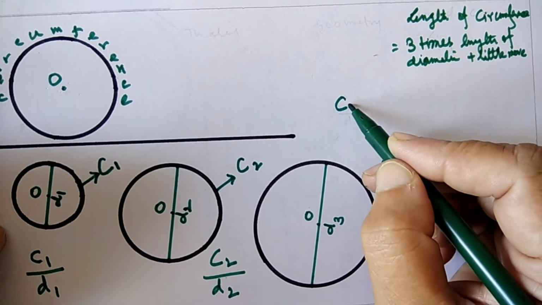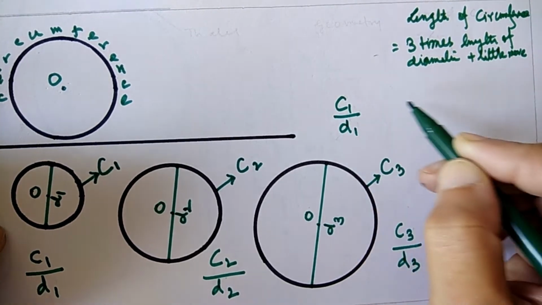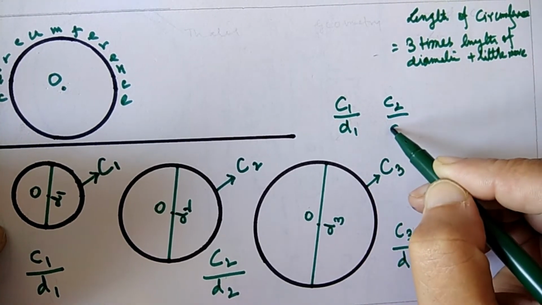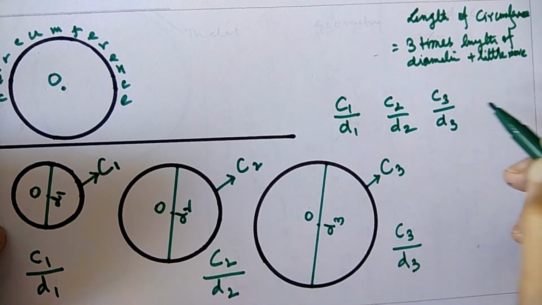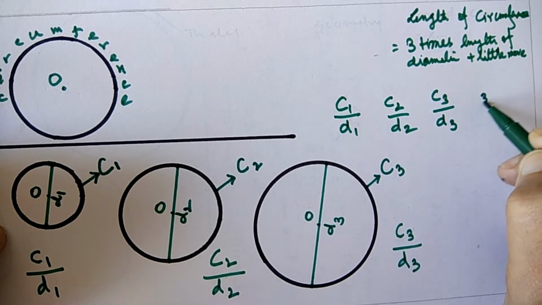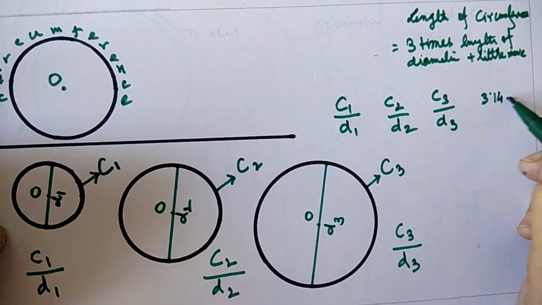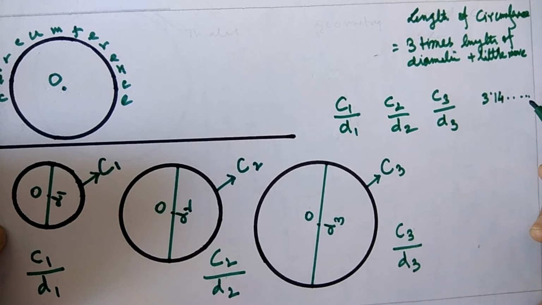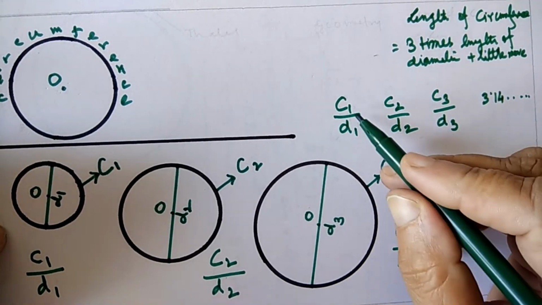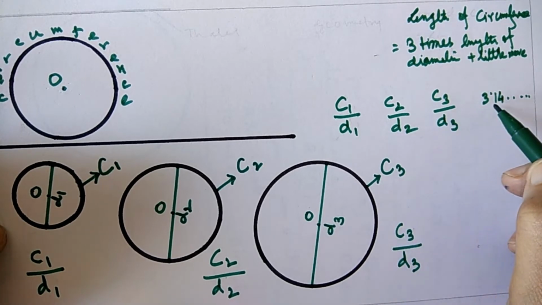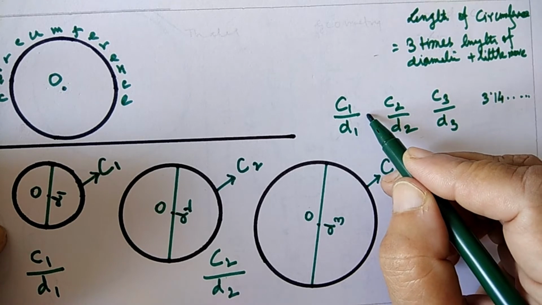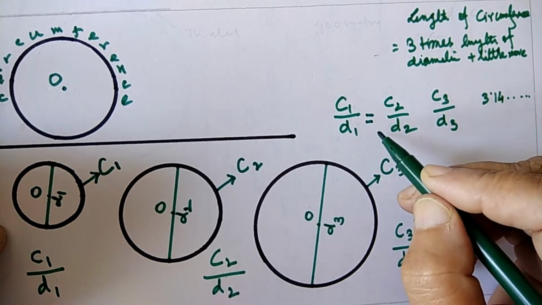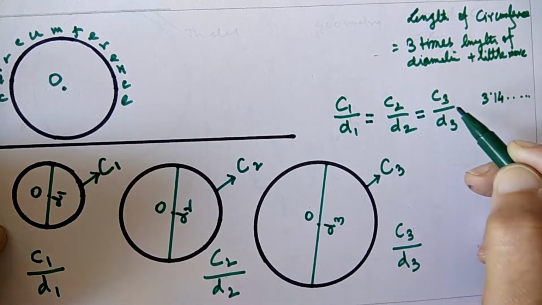We can write that C1 by D1, C2 by D2, C3 by D3, I have taken 3 cases, are very close to 3.14. It is an irrational number, so it is an approximate value. So each ratio gives a result very, very close to 3.14. So we can write that C1 by D1 is equal to C2 by D2 is equal to C3 by D3